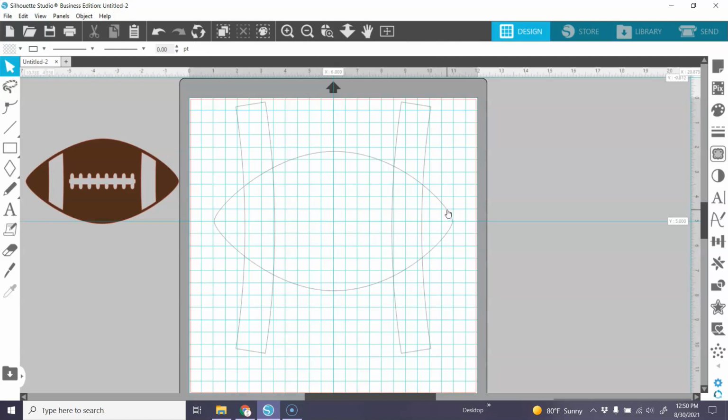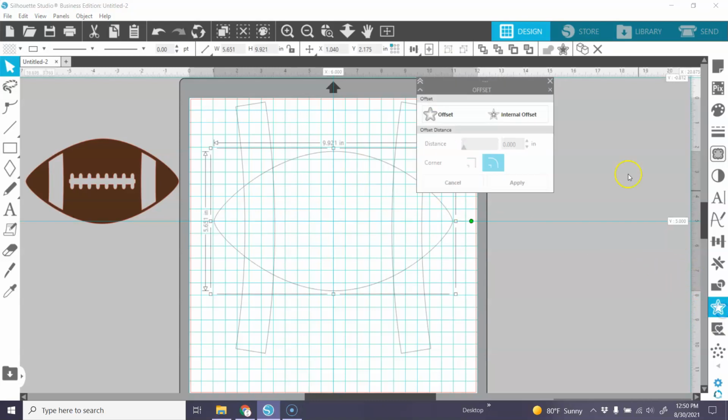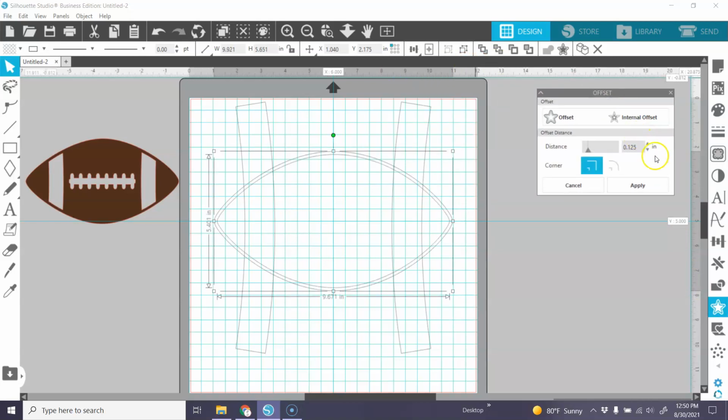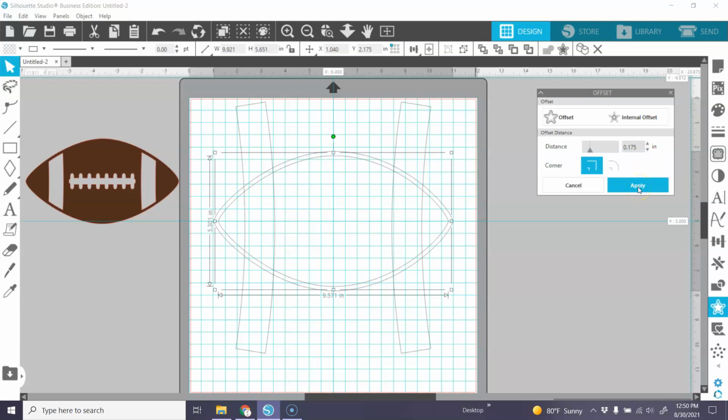I'm going to do an offset on my football. So I'm going to open the offset panel, and I'm going to do internal offset. And I'm going to bump this up to let's do 0.175 and click apply. And while that's still selected, the internal offset is selected at this point,